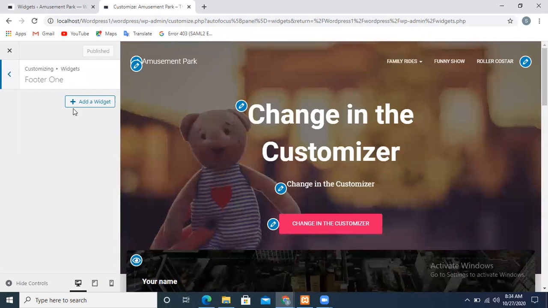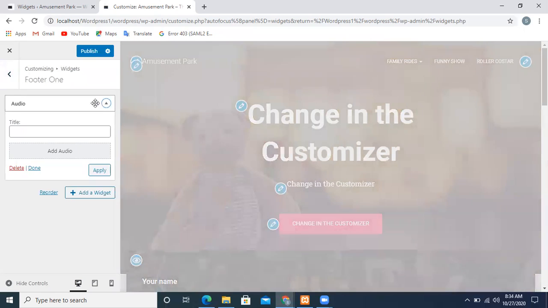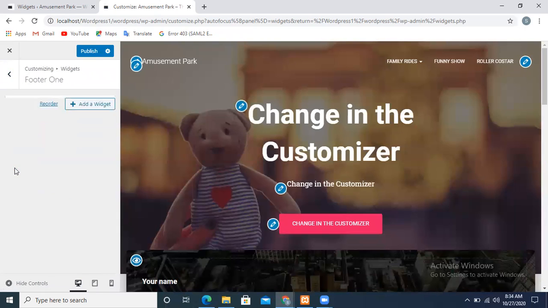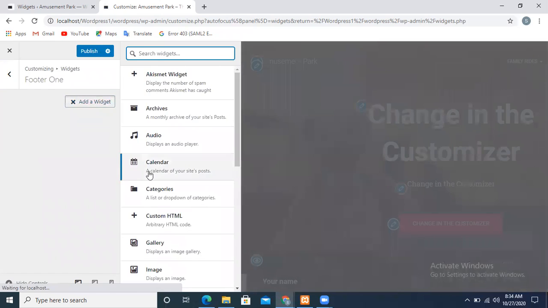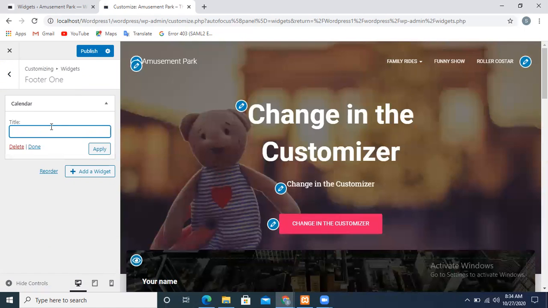Footer 1, add a widget. In footer 1, we are going to add a calendar and then just publish.